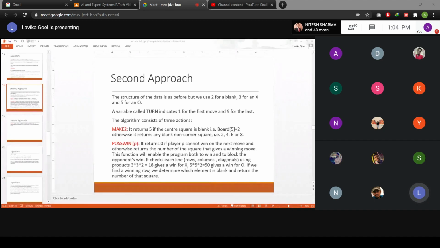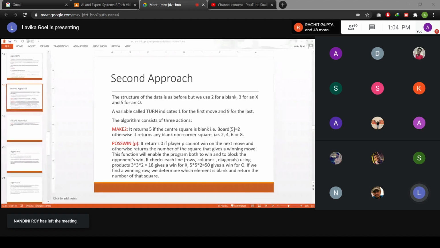Okay, so there are two things over here. One thing is this data structure, possible win of P. This is the structure that is responsible for telling us whether the player P can win on the next move or not. If this structure possible win of P returns 0, this means that the player P cannot win on the next move.